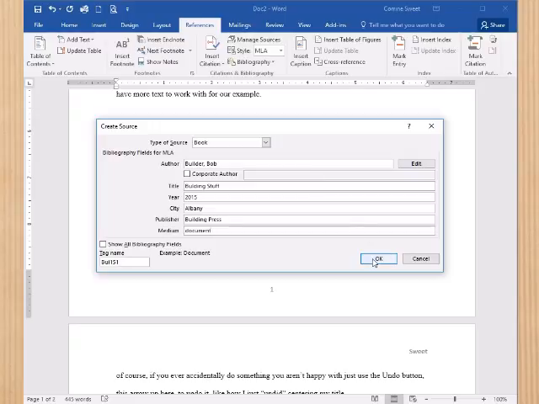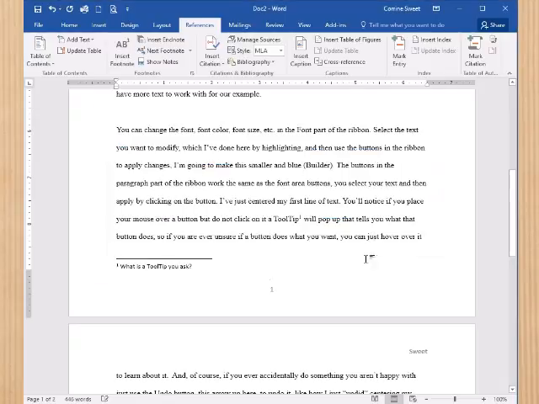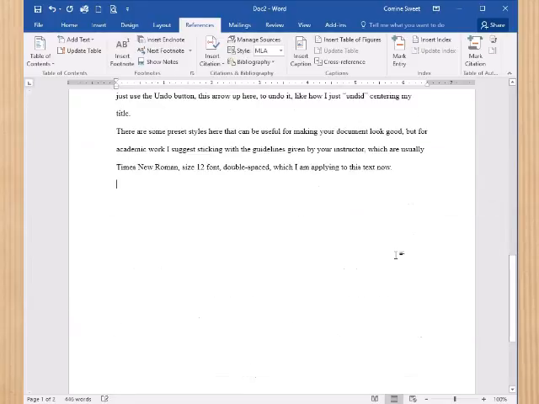And then click OK. And now I have a citation where I asked it to insert the citation. Once I'm done with my paper, I can go to the end